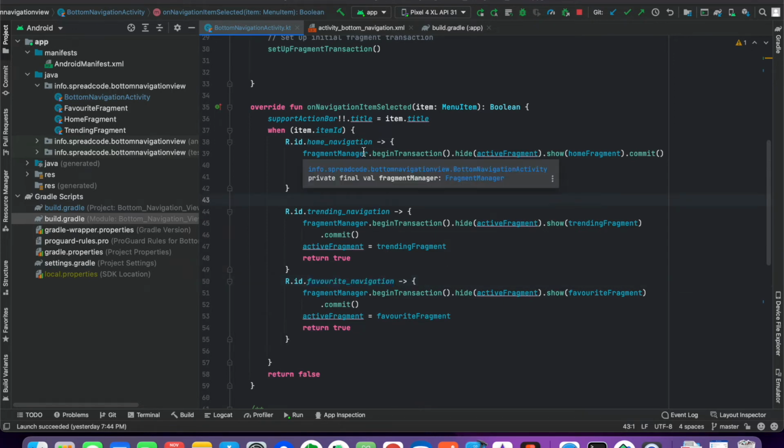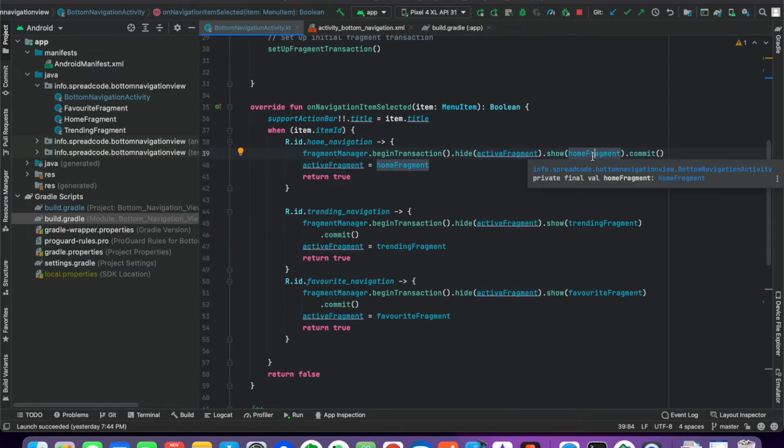Here, I know that the user has clicked on the home navigation, so he wants to see the home fragment. So whatever active fragment was there at that time, I hide that active fragment, I pass the home fragment to show up, and I also assign the home fragment as the active fragment.